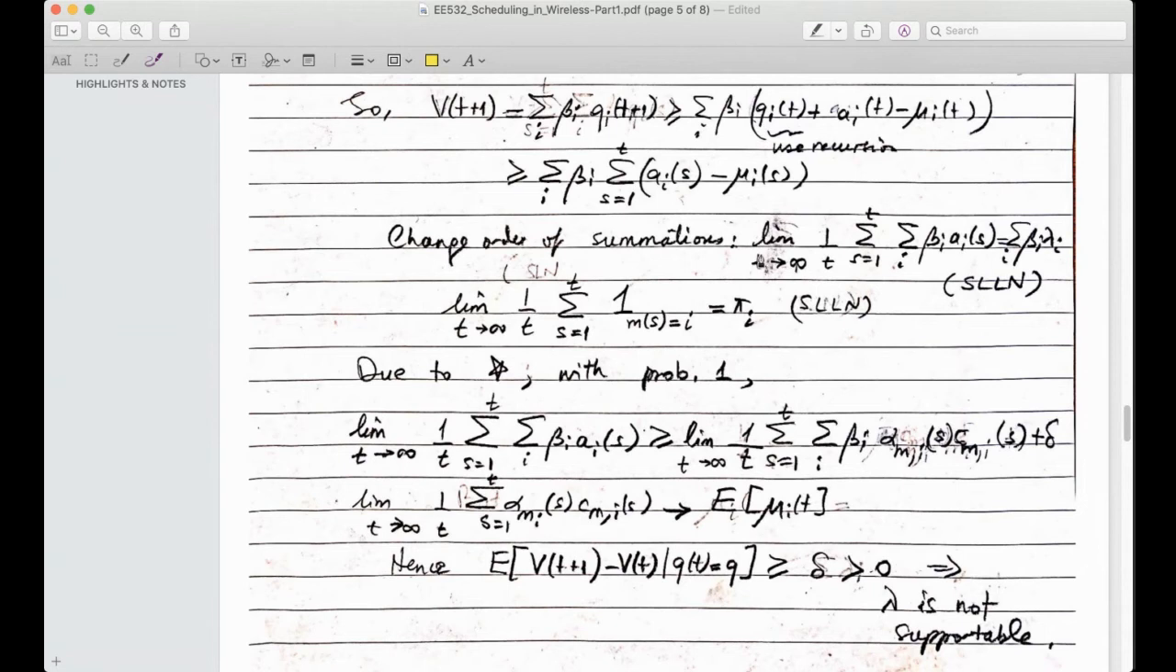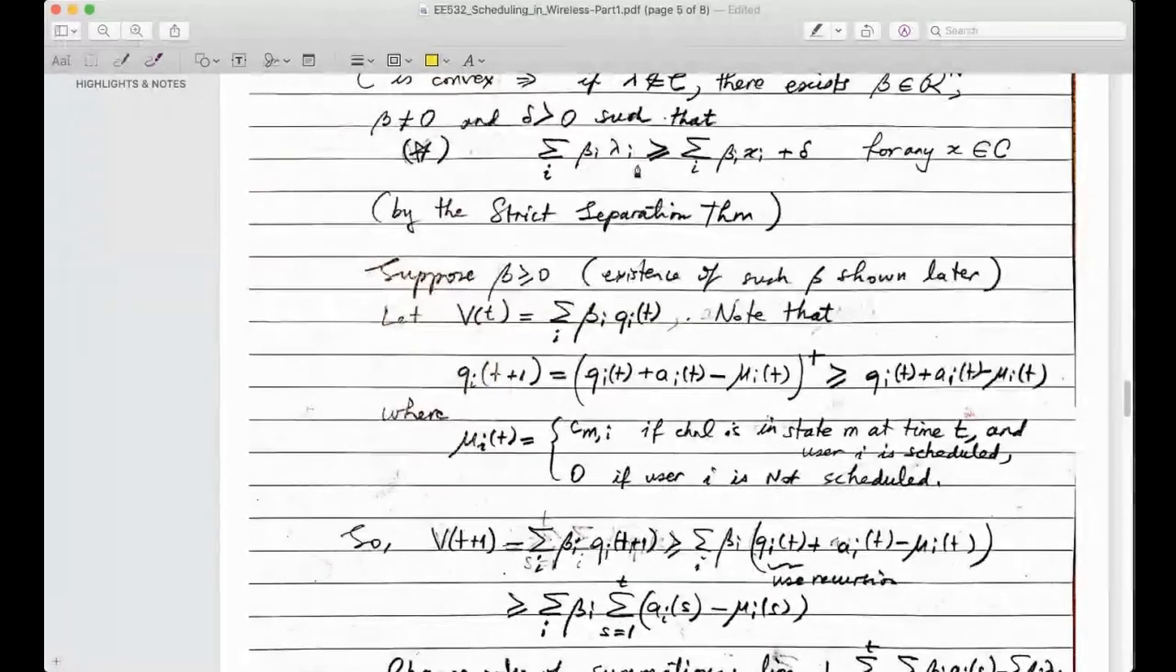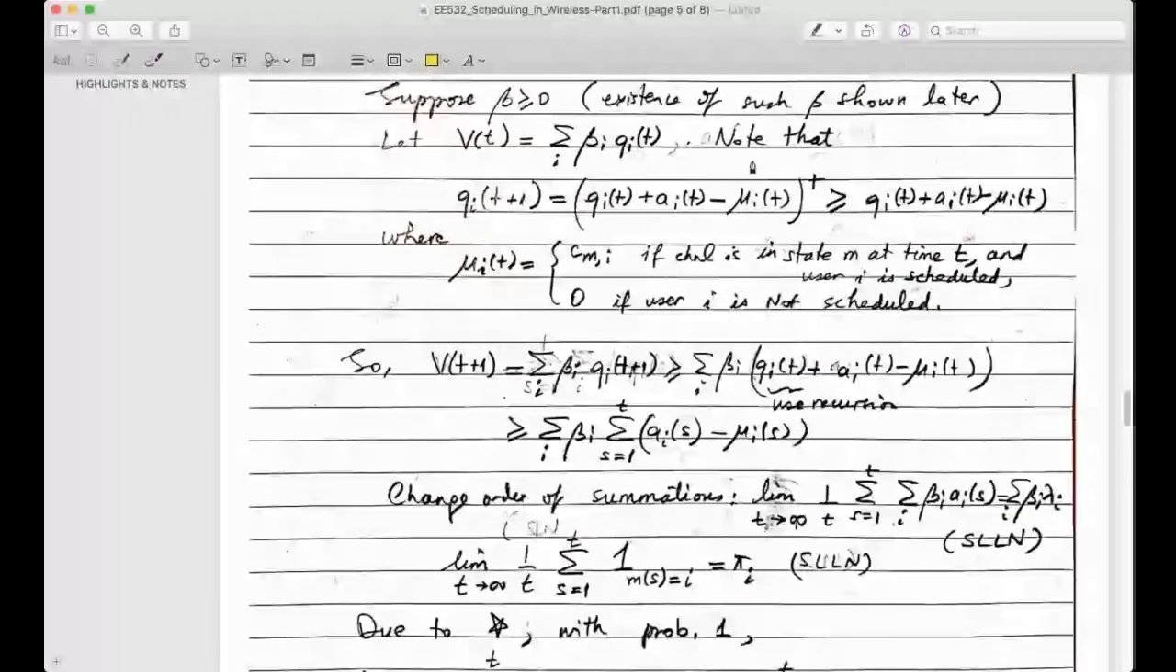Then let's change the order of summations here and apply the strong law of large numbers. In the limit as time goes to infinity, 1 over t times this summation, by the strong law of large numbers, is equal to beta I lambda I with probability 1. Now, because of this equation here, beta I lambda I is greater or equal to beta I xi plus delta, where xi is anything inside the capacity region, with probability 1,